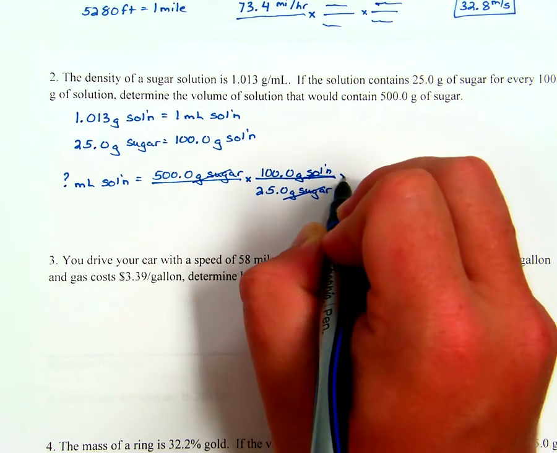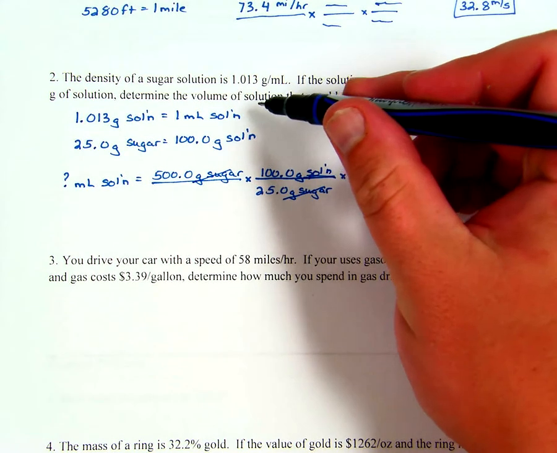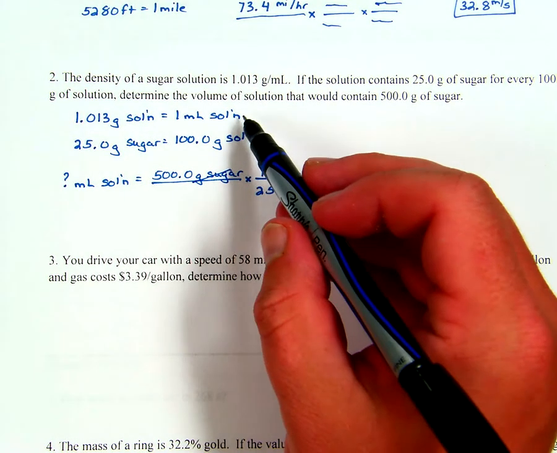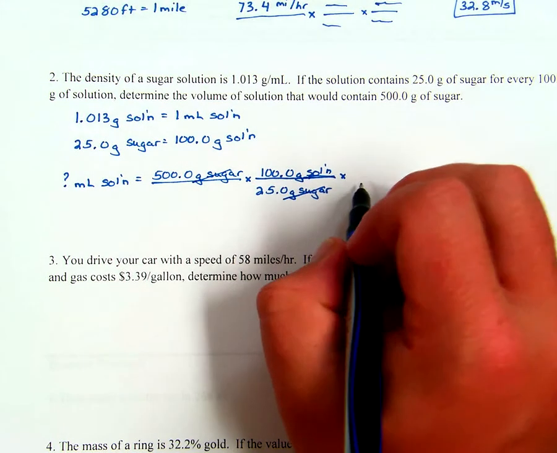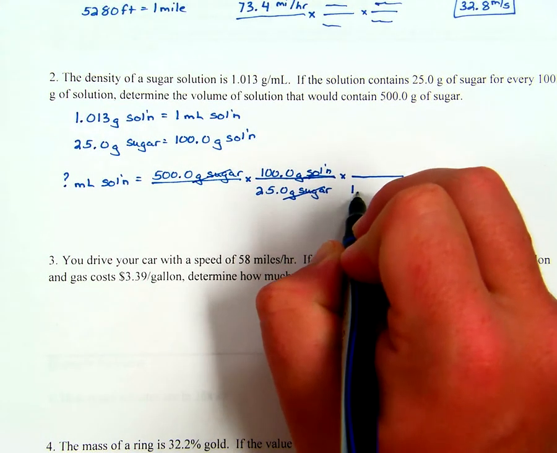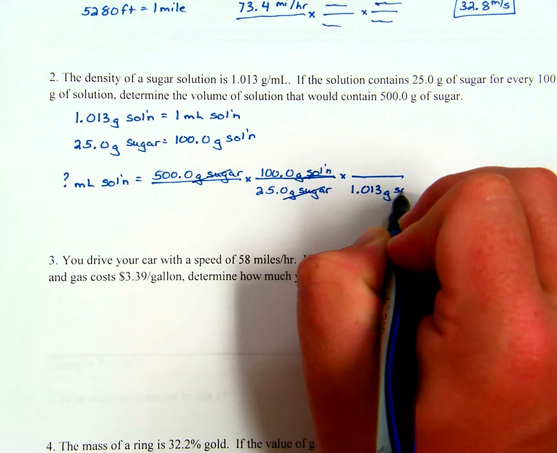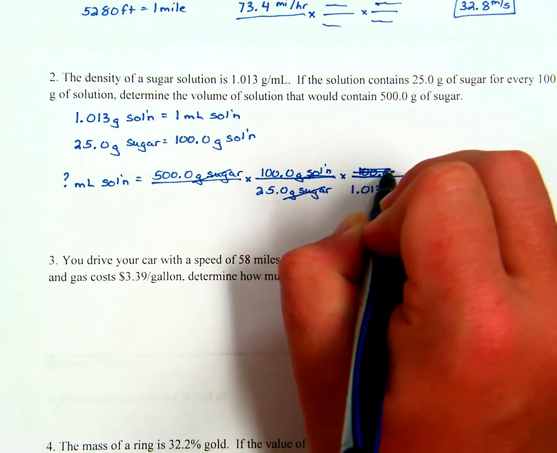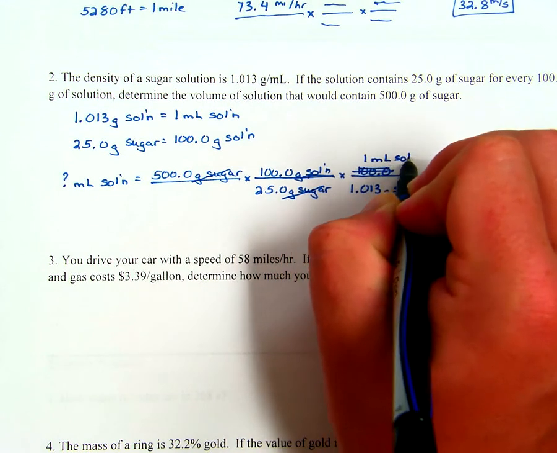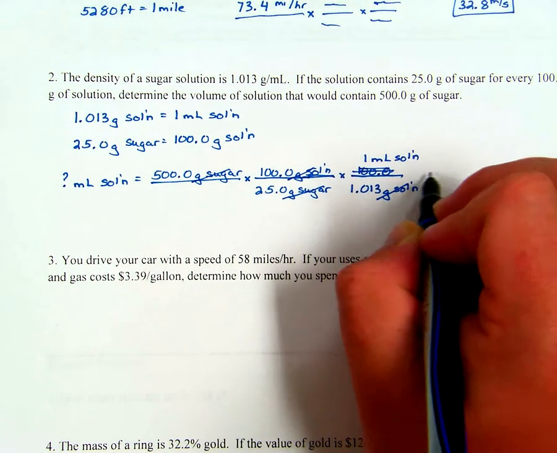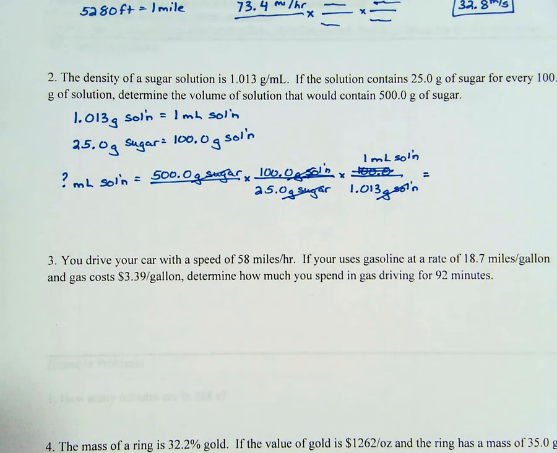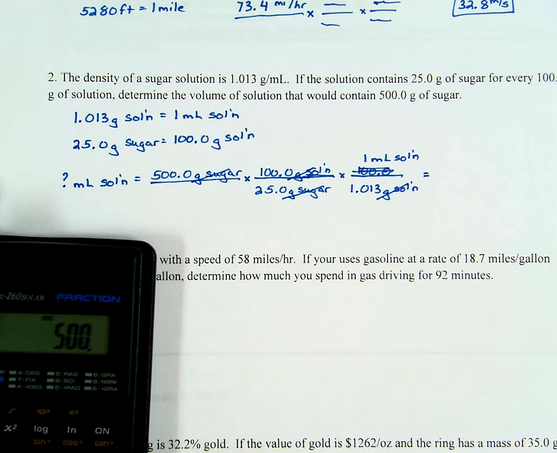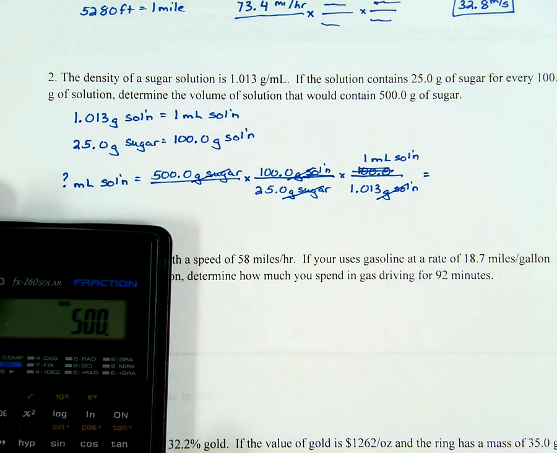Now if I look at my second conversion factor, I can convert from grams of solution to milliliters of solution, which is exactly what we want here. I can see I need grams of solution on bottom, so 1.013 grams of solution in every 1 milliliter of solution, and grams of solution cancel. Alright, so you can plug this in your calculator here. We have 500 times 100 divided by 25 divided by 1.013. My calculator tells me